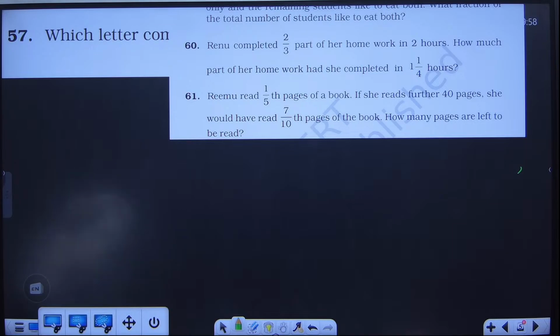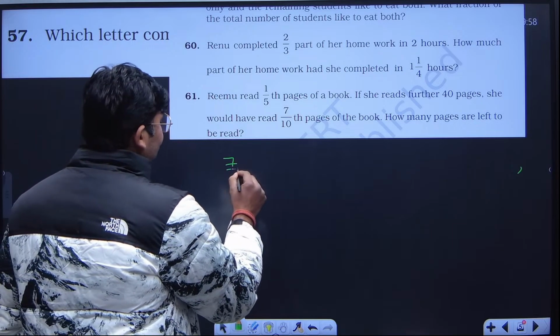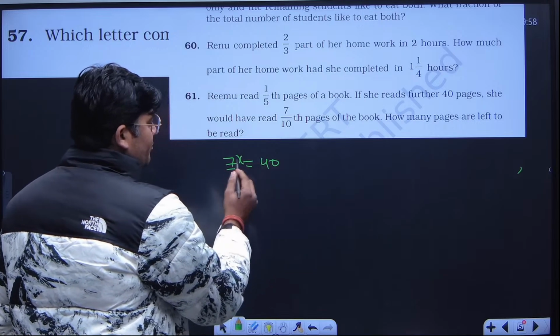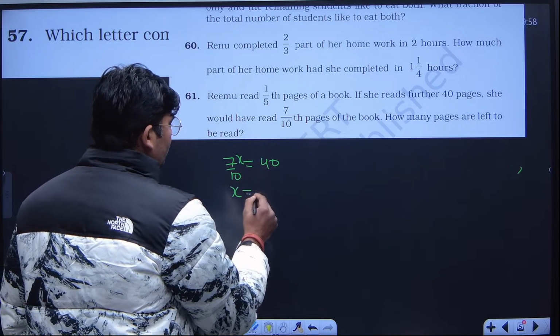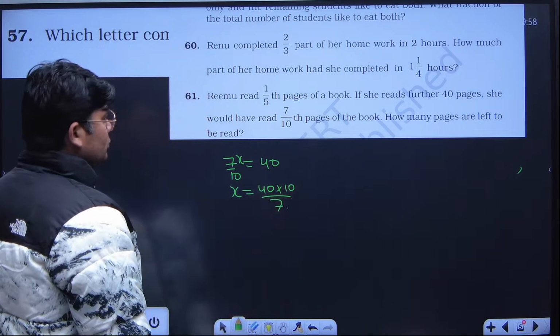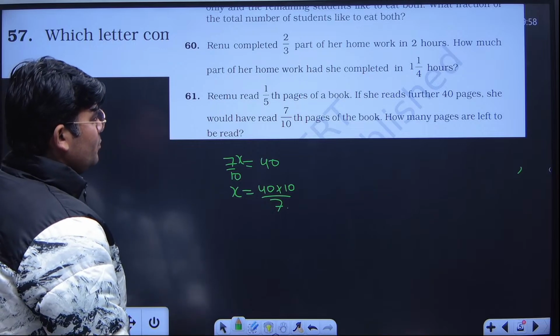So I'm getting 36 pages? Okay, not 36, one more. I didn't do it. Let me do it. So 7 by 10 x is equal to 40. So x is equal to 40 into 10 by 7. She would have read 7 by 10 of the pages of the book. If she reads,